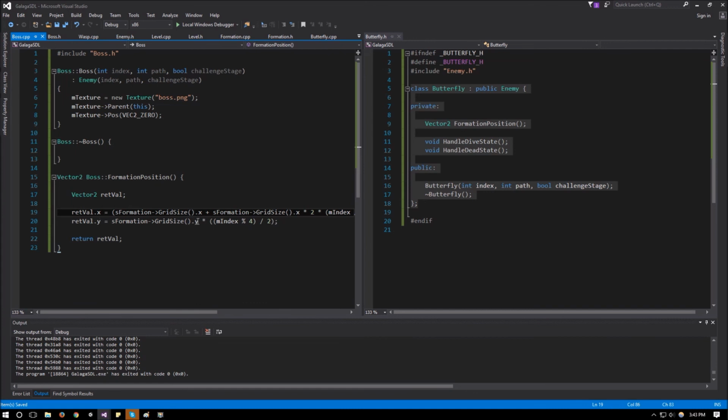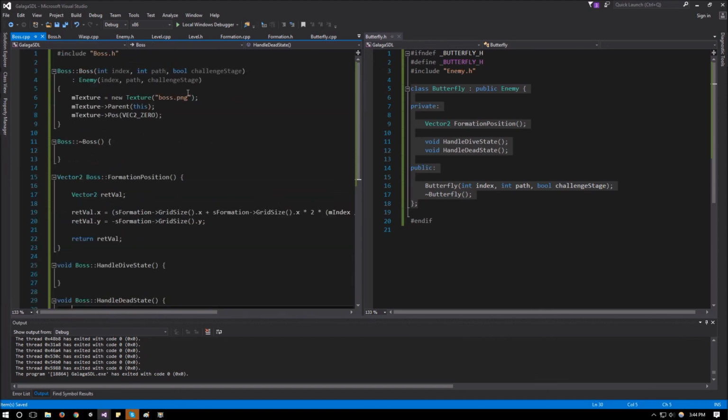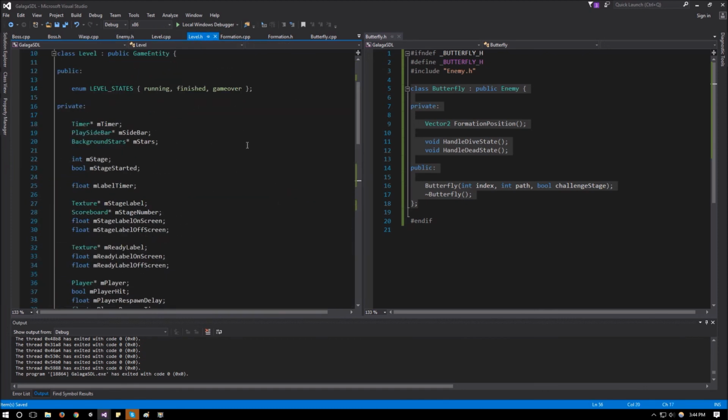As for the y, instead of doing all this, we just need to go one grid size above the butterfly, which is negative. And that will be it for this function. And then void Boss handle dive state, void Boss handle dead state, and that will be it for the boss class. Now we can go to the level,